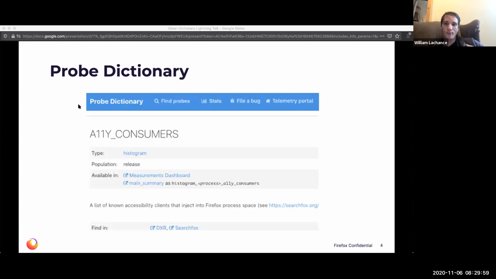So, the first, there's the well-loved probe dictionary, right? That renders a representation of what we're collecting at a low level versus Firefox. Firefox engineers define probes with a specific format. And then, once that's defined, they're allowed to submit data to our servers.